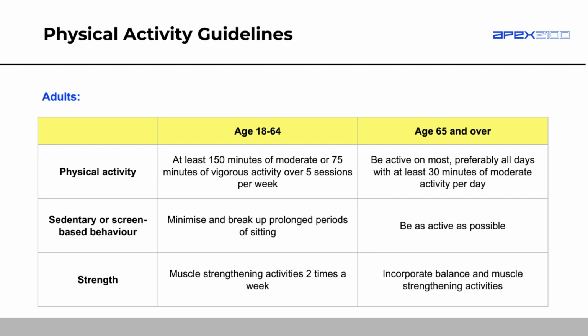Now, balance activities are really important for older people because one of the big risks when we get older is falls. Now, an older person having a fall can be really, really bad. They can end up in hospital with a hip fracture. And when you're older, you don't bounce back from an injury like that very easily. So that can cause some really long-term issues. So when we get older, we want to make sure we're doing some sort of balance exercises. Now, there's really specific balance exercises, like, you know, when you stand on the Bosu ball and try and sort of stay upright and maybe catch a ball at the same time. Even things like tennis is considered a balance exercise just because of the way that you're moving around from foot to foot.